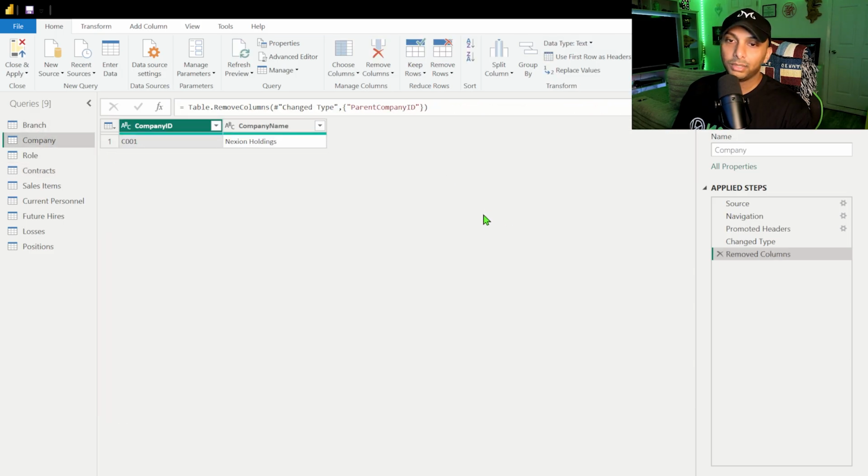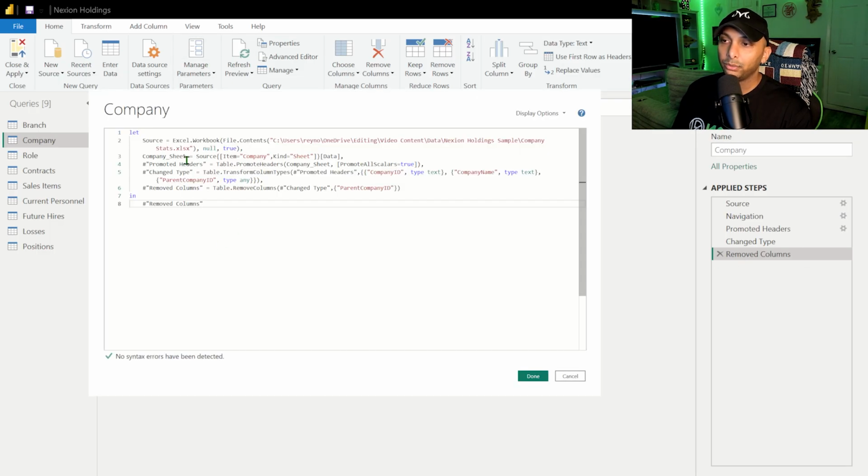So when I went to the company and I deleted my column, I want to go ahead and actually identify what I did here. So it shows I removed columns. You can go into Advanced Editor as well and read it, right? But not everything is truly human readable on the eye, even though Microsoft does make it very easy to interpret and understand. Not everybody can pick this up easily, and that's okay. So what we want to do is put comments in here. And we necessarily don't want to always write directly in here. So what I'll do is I'll cancel this,